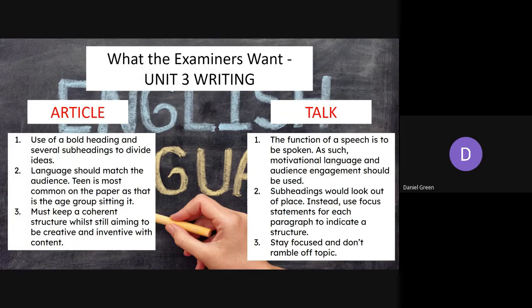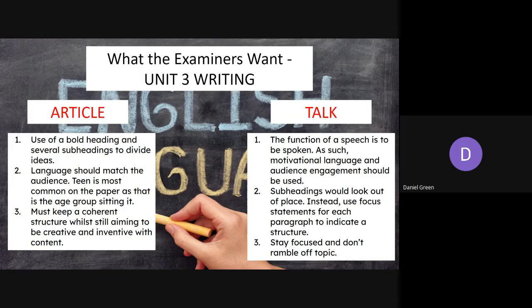On these Unit 3 writing pieces, you should be aiming for 1.5 to 2 pages per one. Obviously, write as much as you possibly can, and some of you will write a heck of a lot more than 1.5 to 2 pages, but just keep in mind that that is roughly what they're asking for in terms of their word limit. On talk, okay, talk is different.